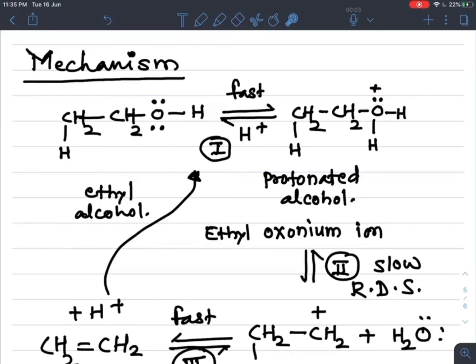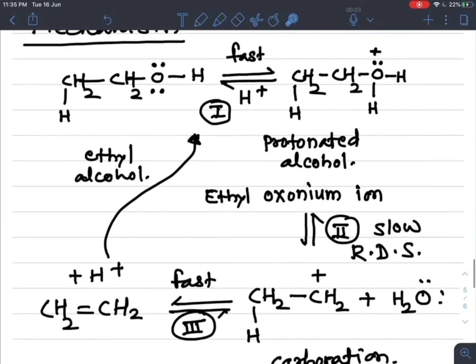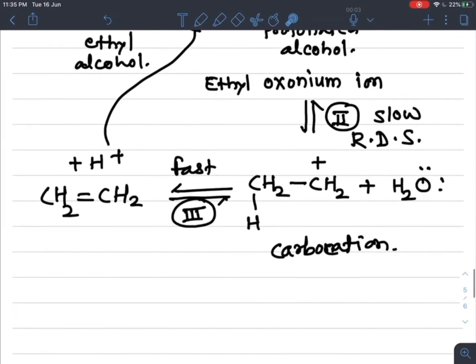To get stability, the bond breaks between this carbon and oxygen. By taking these 2 electrons to the oxygen, the bond breaks, and we get the carbocation, that is CH3CH2 plus. Primary carbocation is formed with the removal of a water molecule,